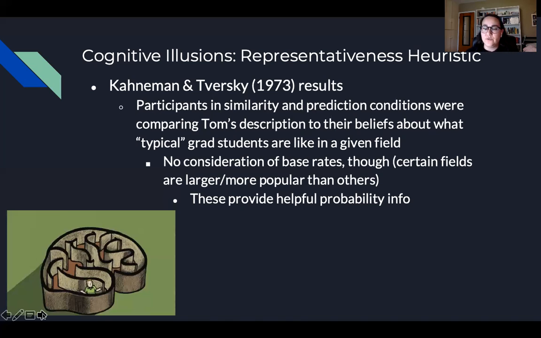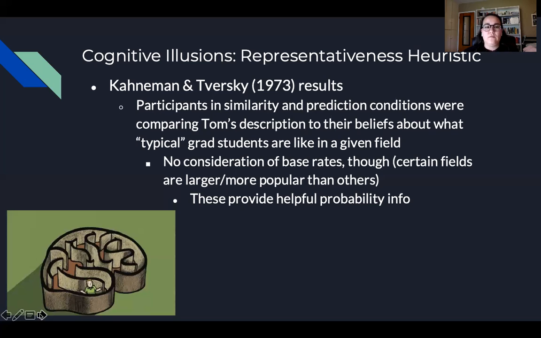So, it's important to take into consideration information like base rates, because the failure to include this kind of information in your estimates of probability can lead you to errors that are pretty large at times. So again, if you're assuming, oh, well, someone's equally likely to be in any of these fields, and you just say, well, Tom kind of sounds closed off, maybe not so much of a people person, then that's going to skew the way that you go about thinking about that problem.